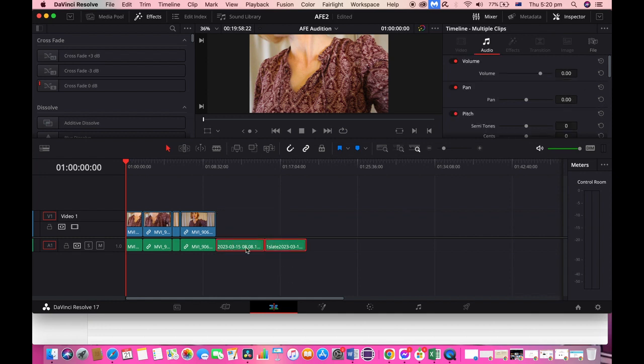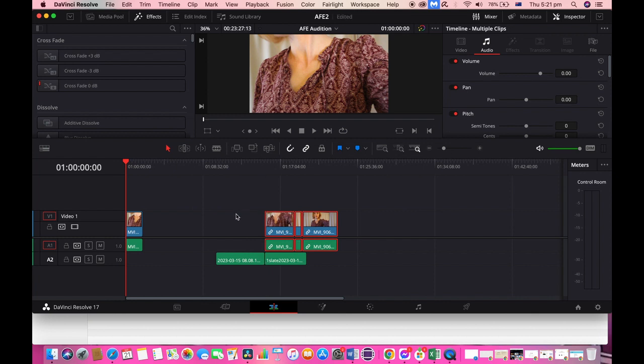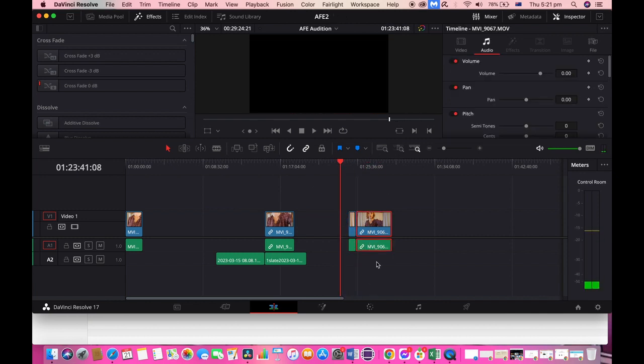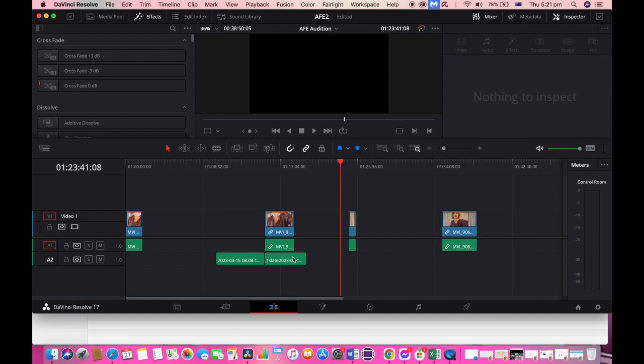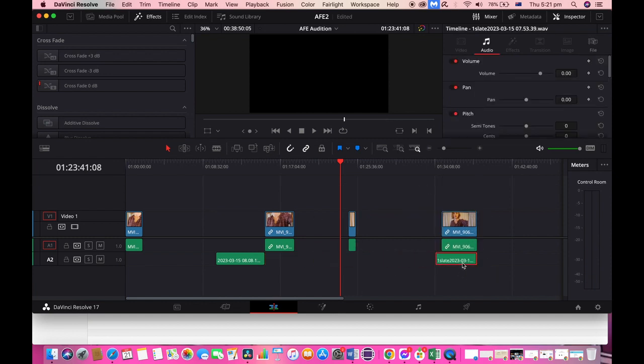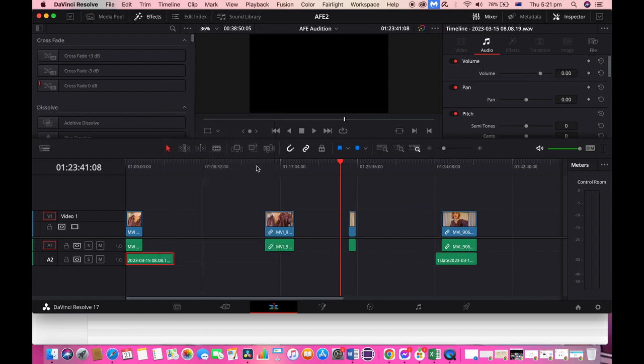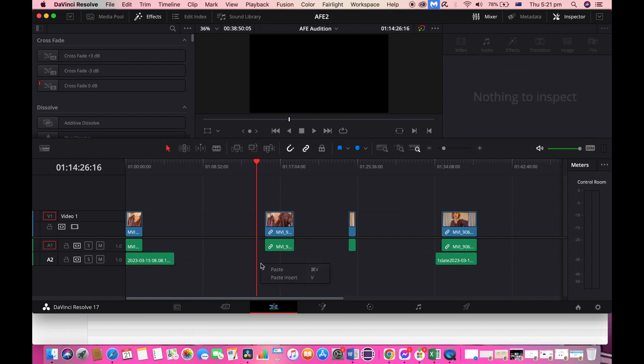Now, in terms of what I include, first of all, we're going to need to take the footage and sync it with the audio from the mic. So you can see there the audio that's with the footage, that's the in-camera audio, and I don't like to use it because it's got a lot of space. So I'm just spacing out those clips, and then I'm taking the slate recorded audio, and then I'm taking the rest of the audio, and I'm just going to duplicate that. So I've got one for each clip. Copy paste them